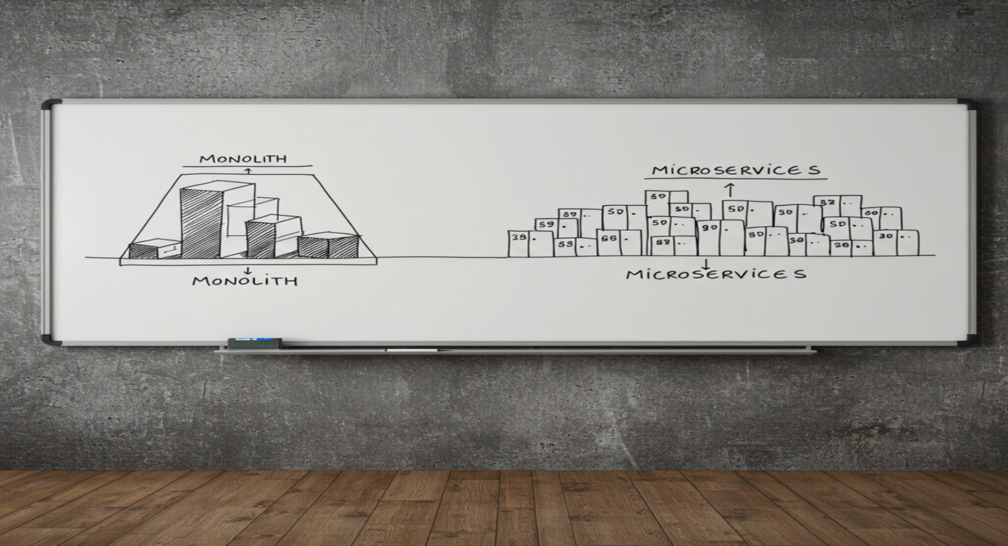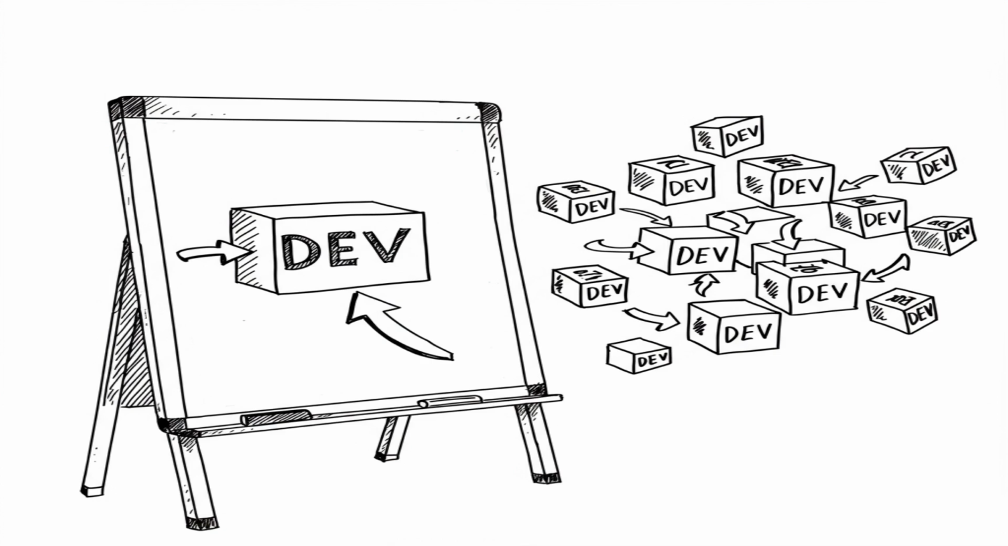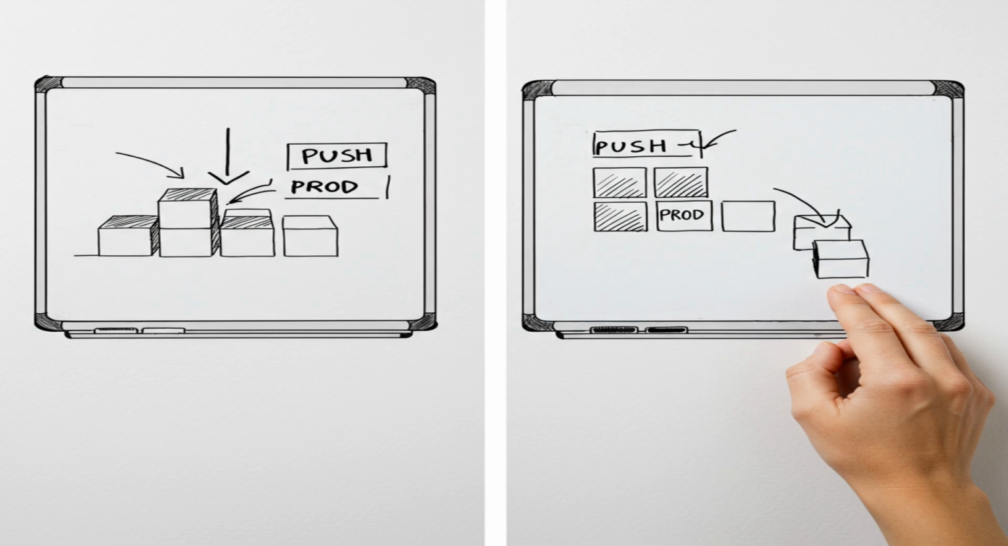So, how do these architectures stack up head-to-head? Let's compare some key aspects. Development. Monoliths have a single, large code base, which can be simpler for small teams, but microservices allow independent development for larger teams. Deployment. Monoliths mean deploying the entire application every time, while microservices allow individual services to be deployed